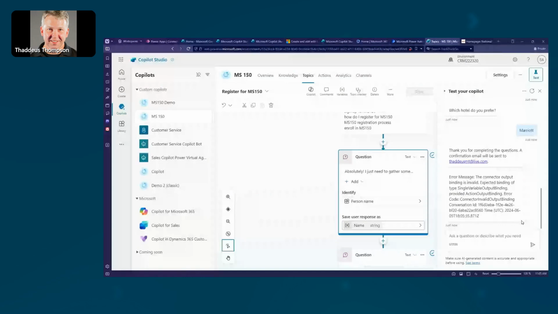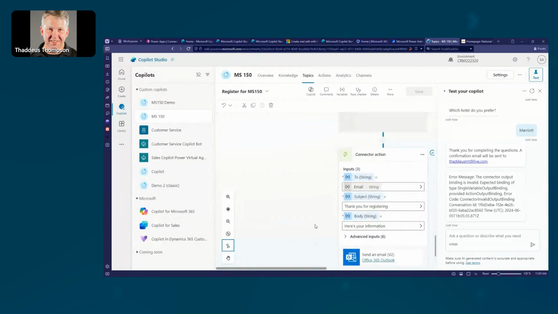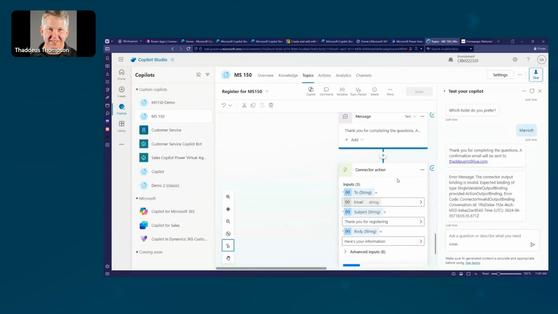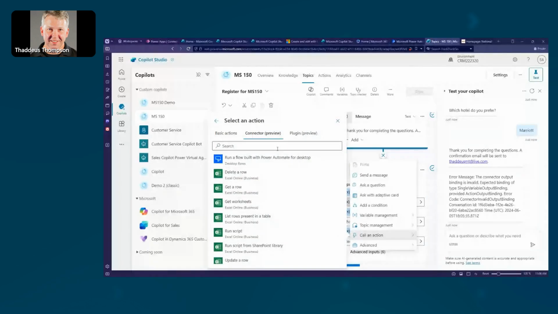We're sending you an email. And oh, I didn't complete that step. So I didn't finish out the process of sending the email, but that would be an action that we could do. So I'll scroll down and here we go. Thank you. So I didn't quite finish all of this, but basically I would just add a connector action, and I made the choice. Let me just start one. You can see, so I could call an action,